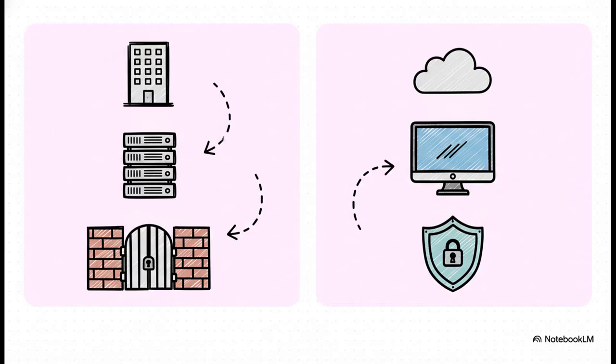And this comparison just shows how perfectly that analogy works. So on the left, you've got the old world, a physical building with stacks of servers and a big hardware firewall at the door. Now look to the right, in your Azure VNet. The concepts, they're identical. The physical servers just become virtual machines, and that hardware firewall becomes a network security group. It's the exact same job, just done in software.